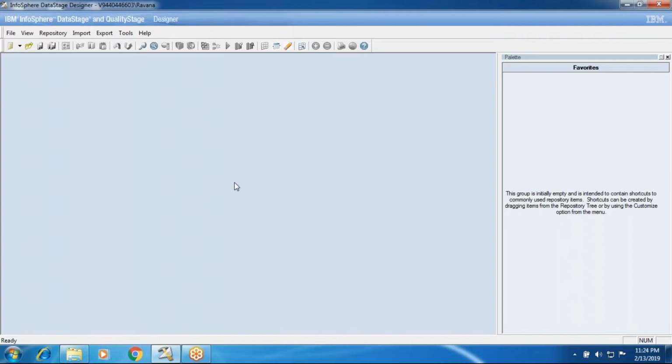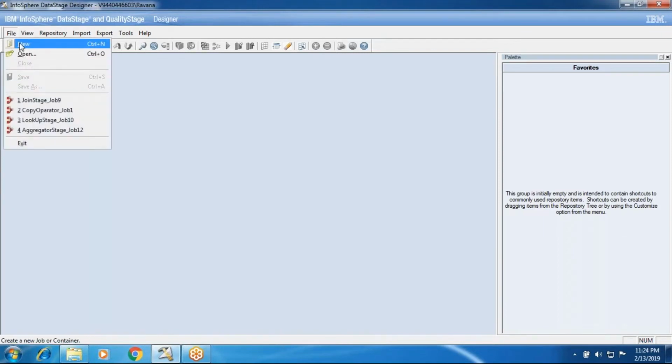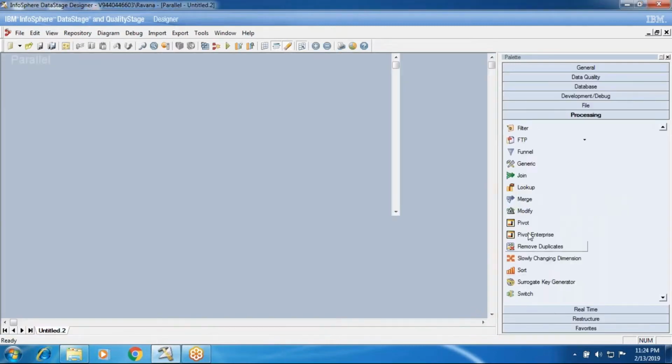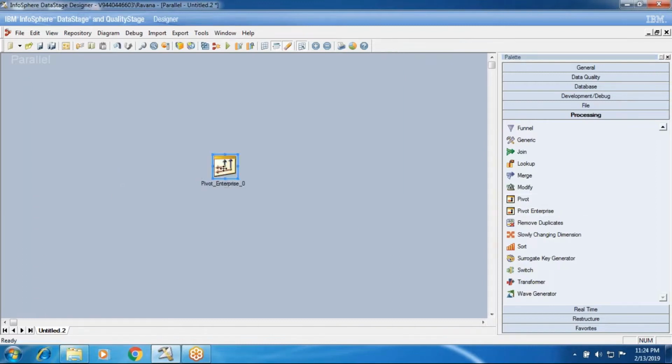So I have the DataStage concept for this pivoting. In the older versions we have the Pivot stage, but in later versions, from 8 point onwards, we have one stage called Pivot Enterprise, which is a more advanced one. Even if you compare with Pivot, it will be a manual flow. You need to do a lot of stuff manually to implement this pivot from horizontal to vertical or vertical to horizontal. So it's more manual work in Pivot, and the advanced concept is Pivot Enterprise.